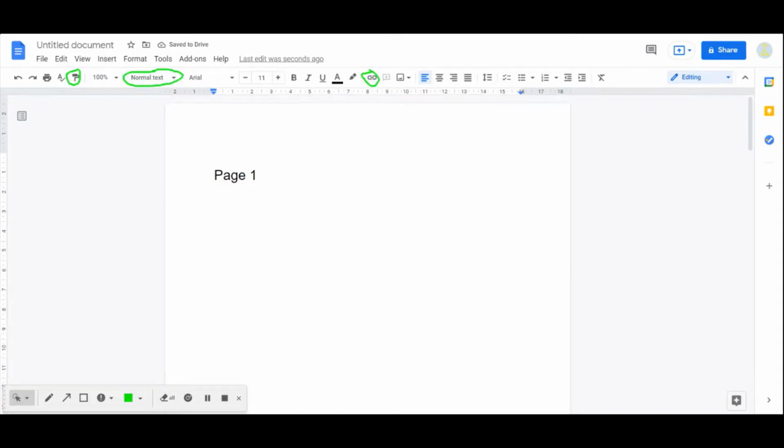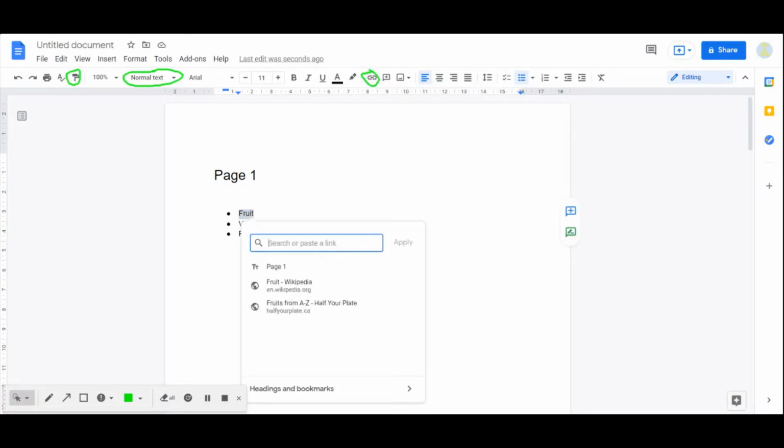So, for example, if I want my page 1 to be a contents page, and I decide to have, for example, first page might be fruit, vegetables, and then I write protein. Fruit is going to link to,